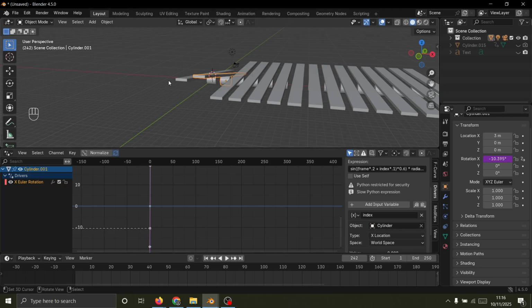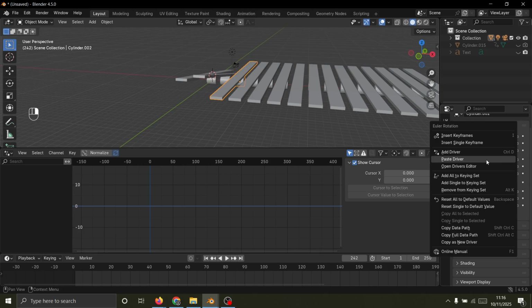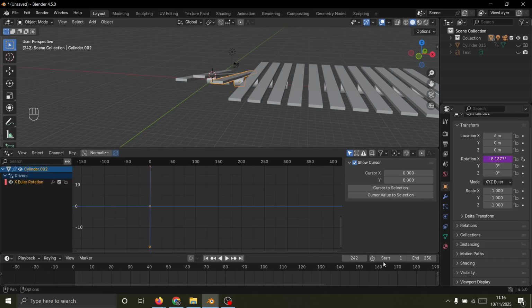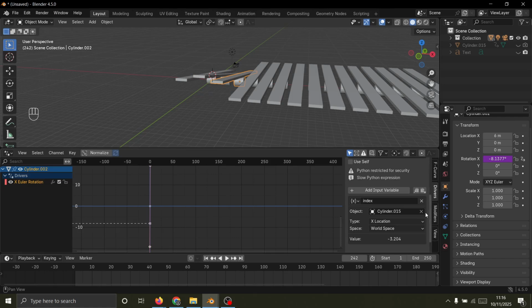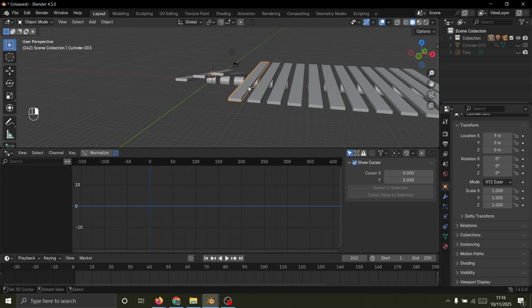So you can see now that I've referenced cylinder. Go to the next one, paste driver, and reference on the driver the correct item, which is the one just before it. And as you can see, the pattern is starting to come out, where it's starting to look like a wave. On to the next one,